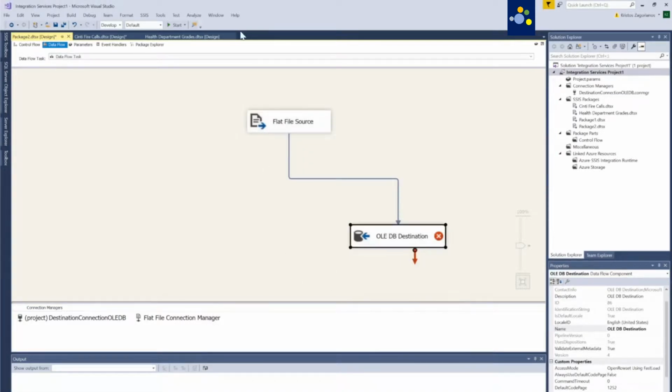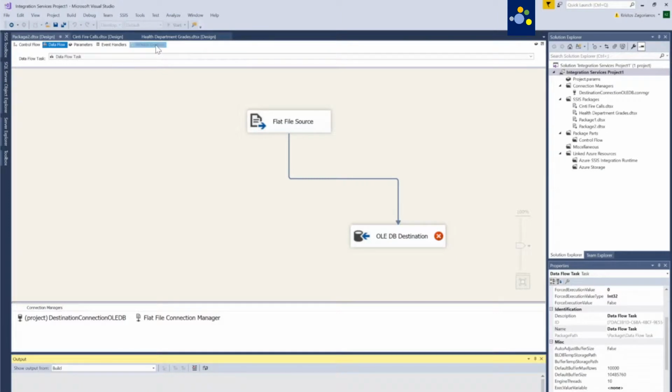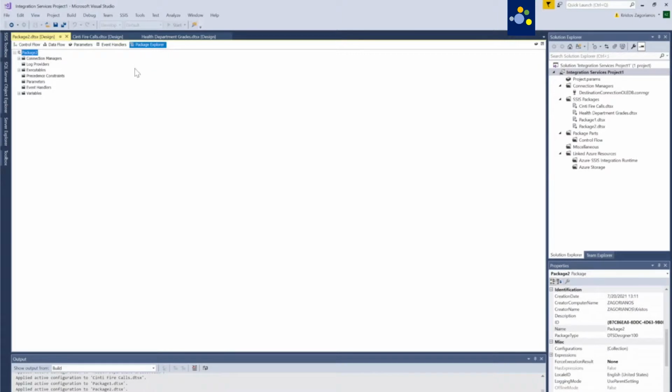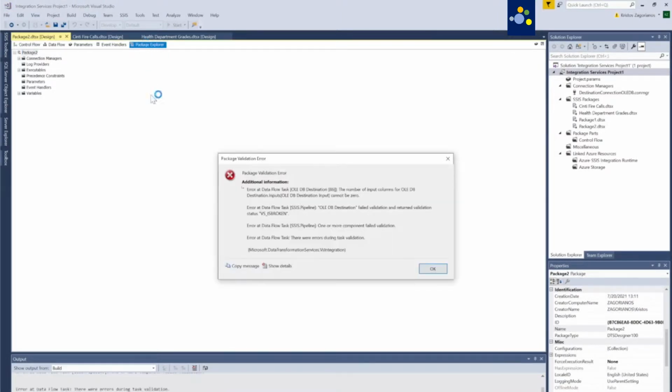So if everything works fine, I'm going to click OK here, and click OK here. And now, if it all worked, and it never works the first time around, but if I want to see how it's going to work, I could just click on Start. Now, it always errors out. And the reason why I'm going to show you this error is to give you an idea of the complexity of what's happening here. It often isn't as simple as bing, bang, boom. So I hit the Start button, and it's spinning because it's chunking through all this data. I'm going to go to Package Explorer because what I want to look at is, there it is. So it failed. It's saying the output input columns.